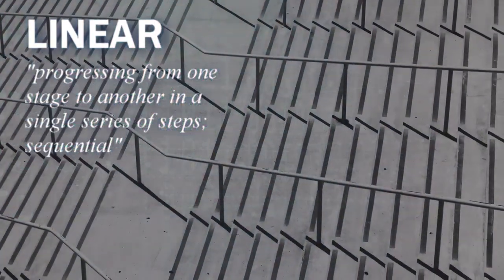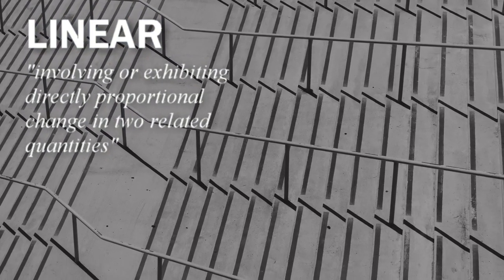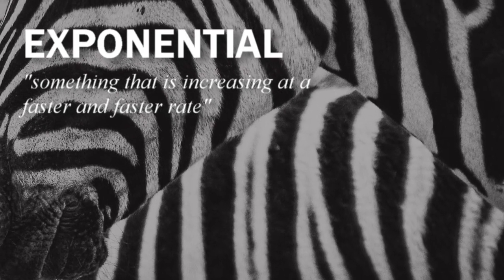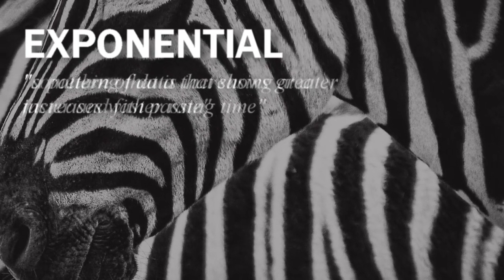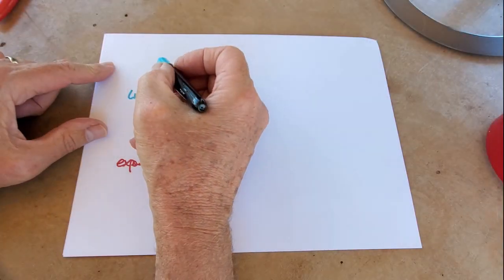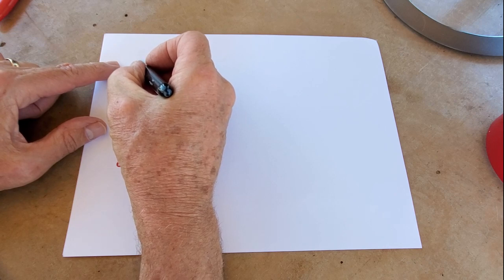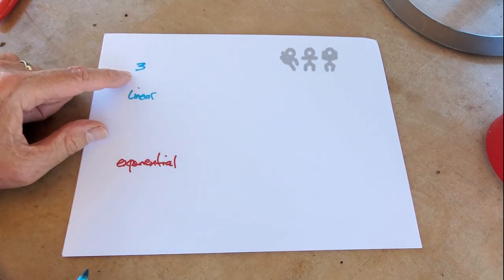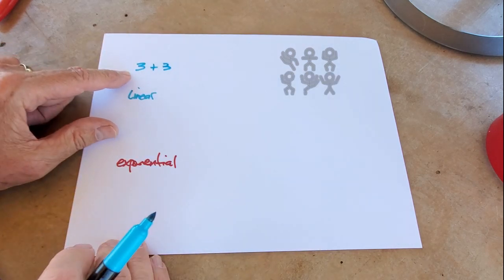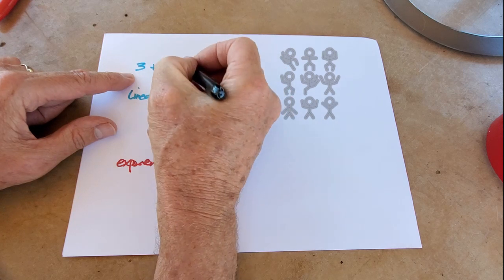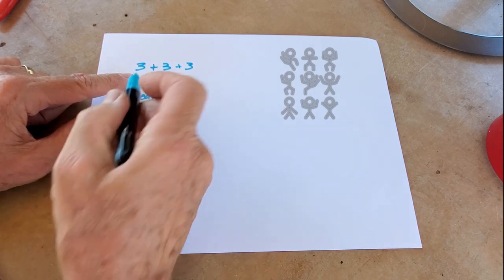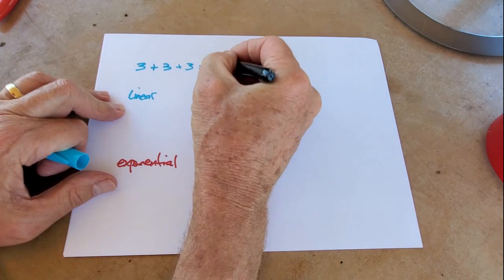Let's do a quick refresher on the difference between linear and exponential. Linear is like addition, and let's apply this to a business, for example. Let's say in the first month of sales, you have gotten 3 new customers, and you work really hard to add 3 more customers the following month. And you do the same thing for the 3rd month in a row, and you've added 3 additional customers. That means 9. Okay?